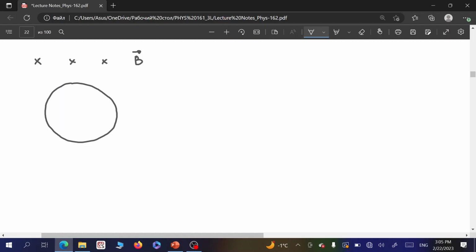If this magnetic field is a function of time, so it changes, then it will create some induced electric field. Induced electric field, we will show a bit later, is actually